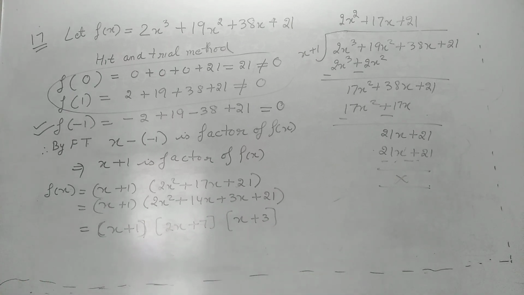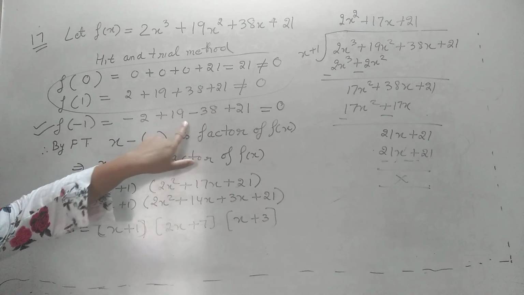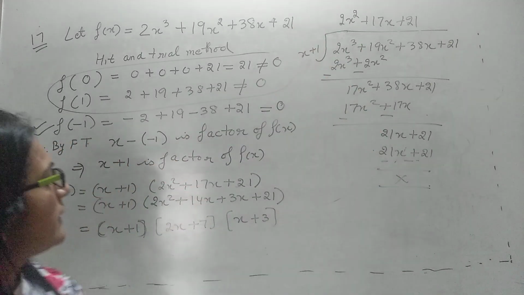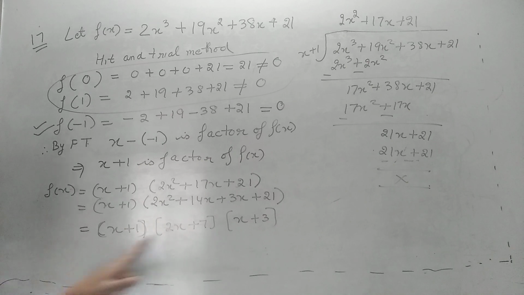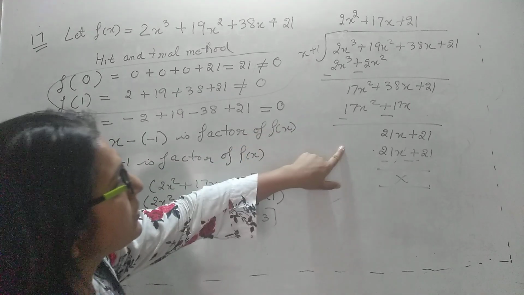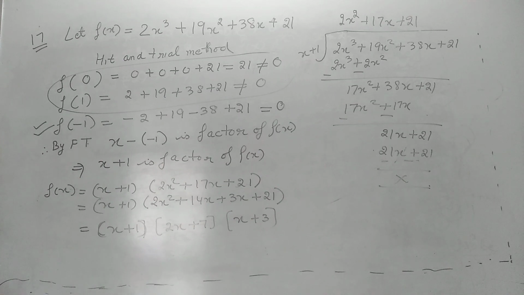These types of questions are the most important questions and they come for 4 marks. 1 mark is for finding the factor, 1 mark is for the complete division being correct, 1 mark is for writing them in this form, and 1 mark is for the solution. So everything is important. First of all, you find the factor by factor theorem. By long division method, you divide it. Remember, there should not be commas here. This mistake students mostly make. We don't have to find the factors. We have to factorize it. Hence, it is quite an important question.